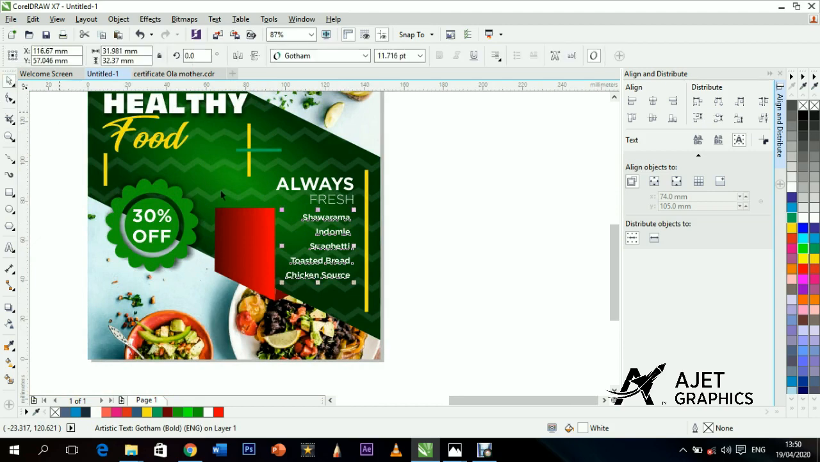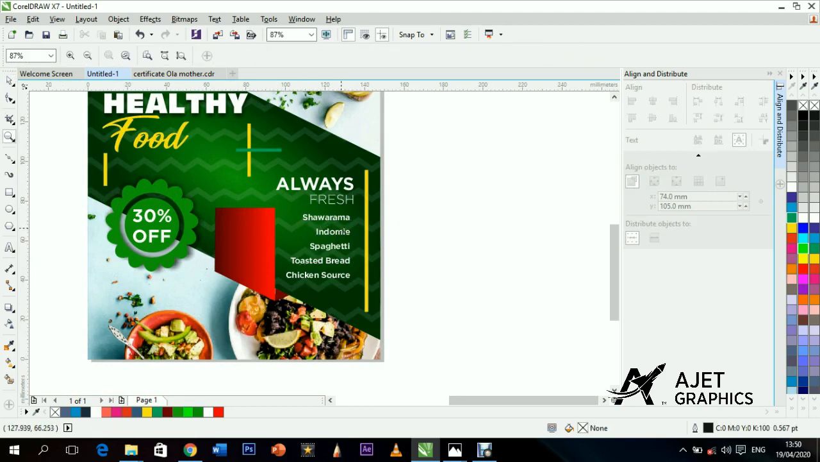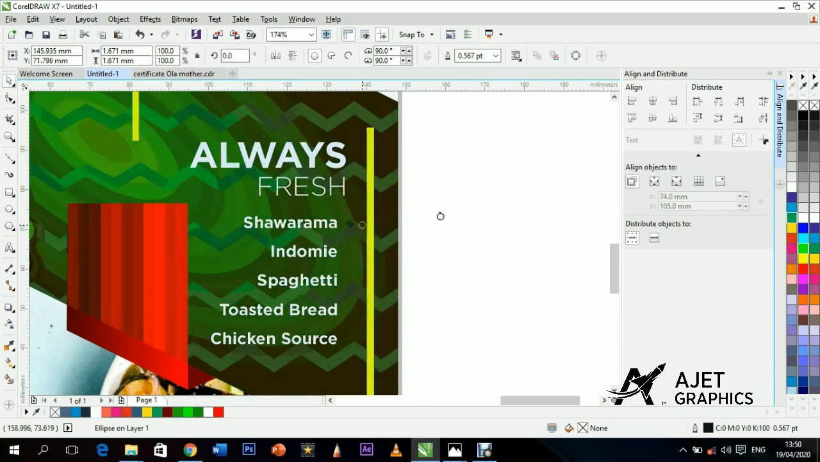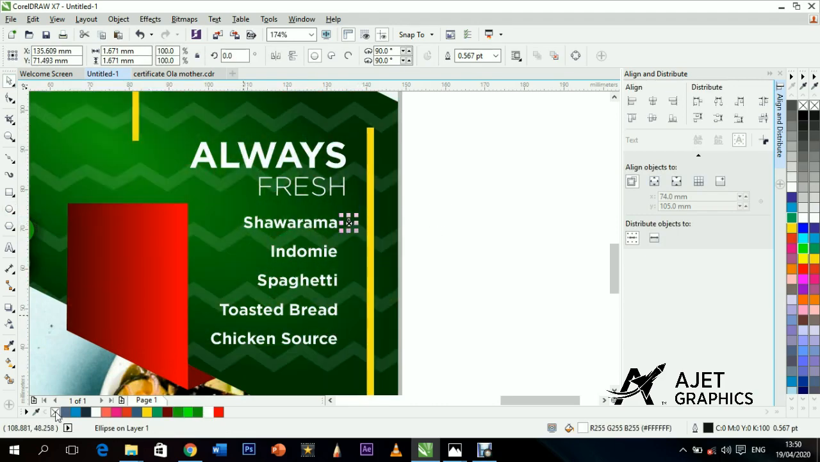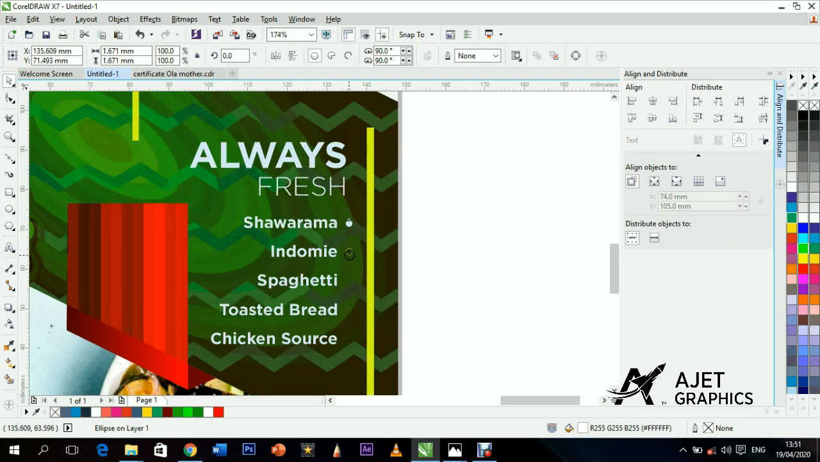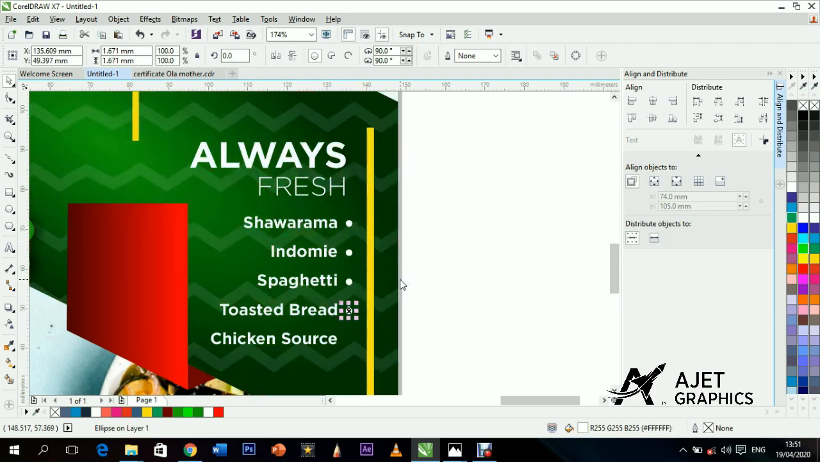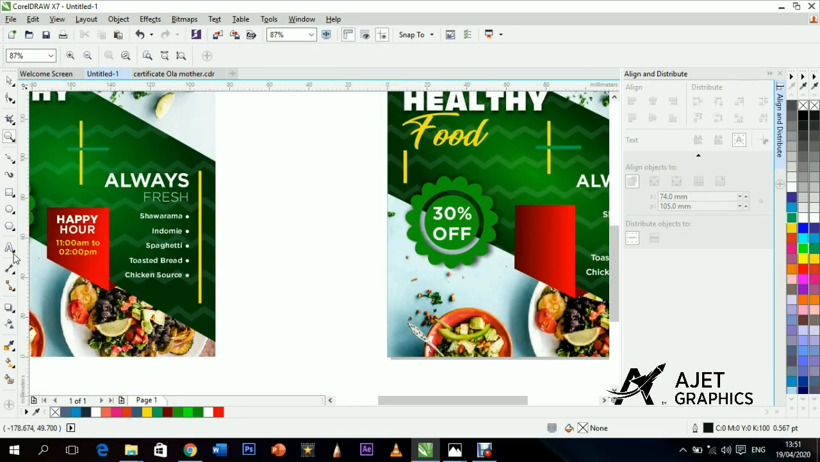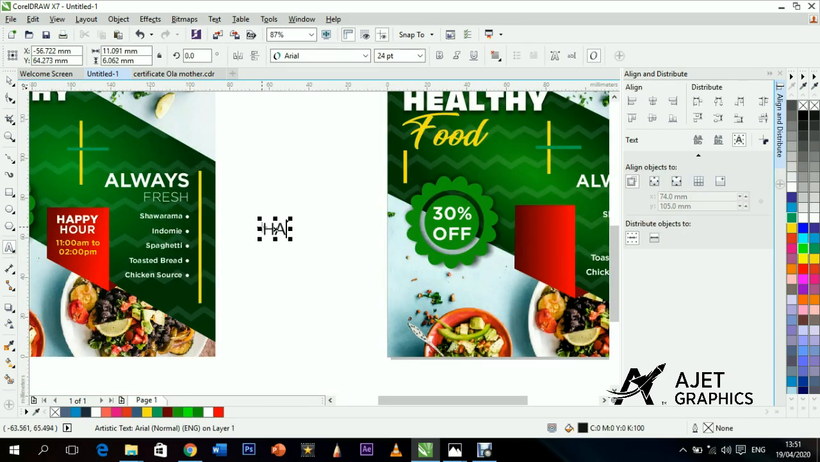So the next thing to do is to add a kind of bullet to the items. So add a bullet. So duplicate the bullet with your circle tool. You're going to do that very easy. So now type